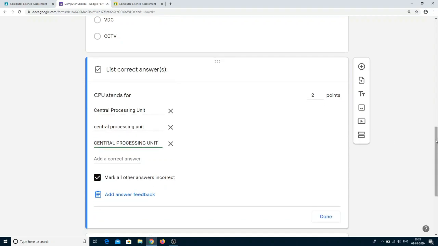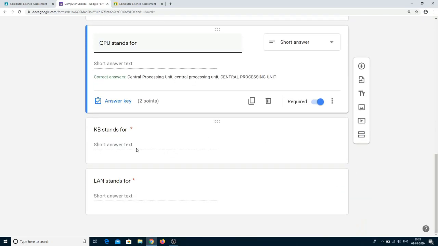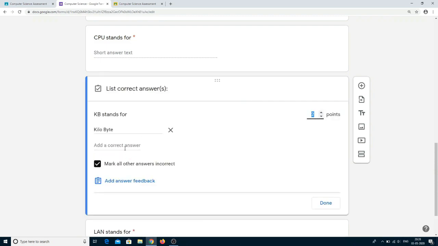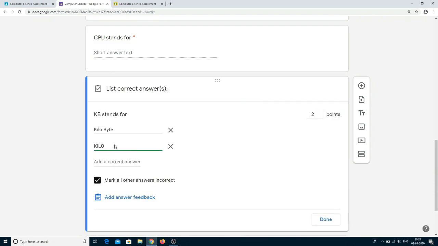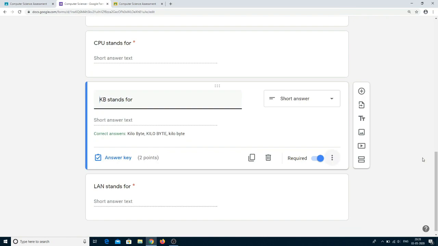So all three possible options we are giving. Similarly, for the next question, we are doing the correction in the answer key. Click on done.